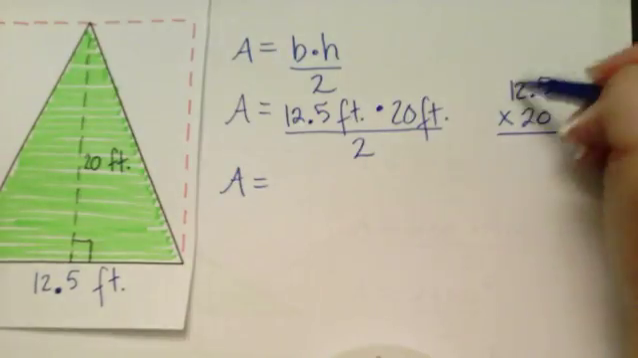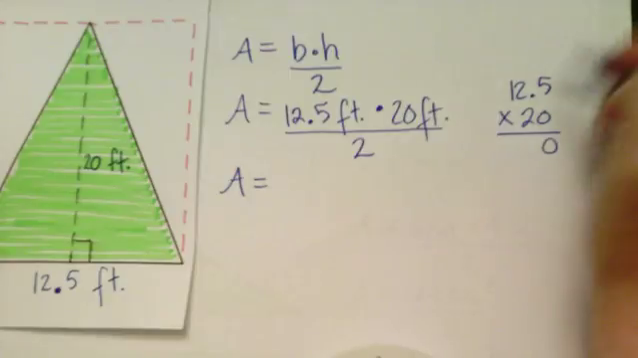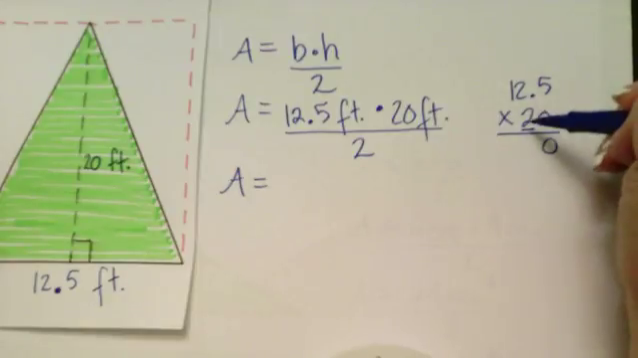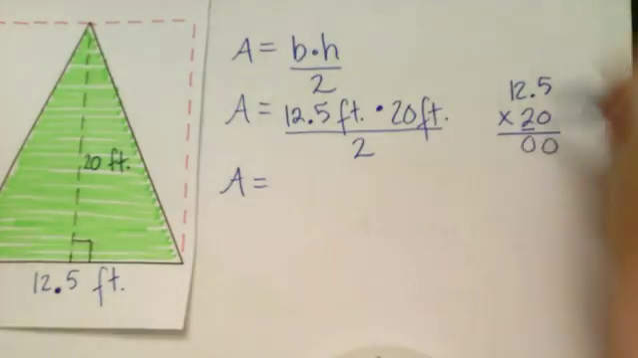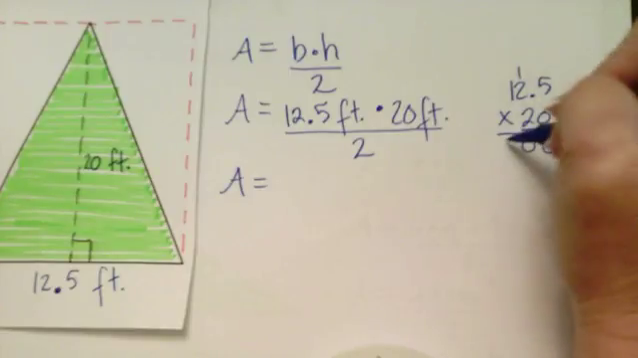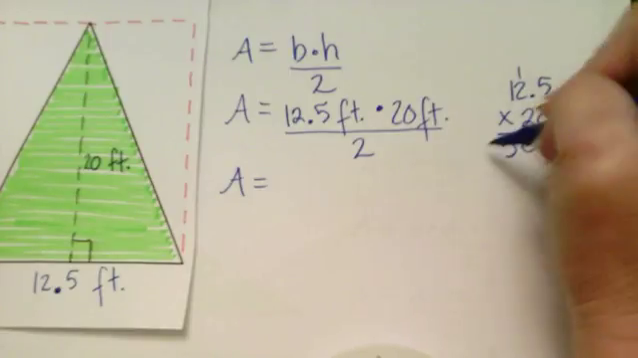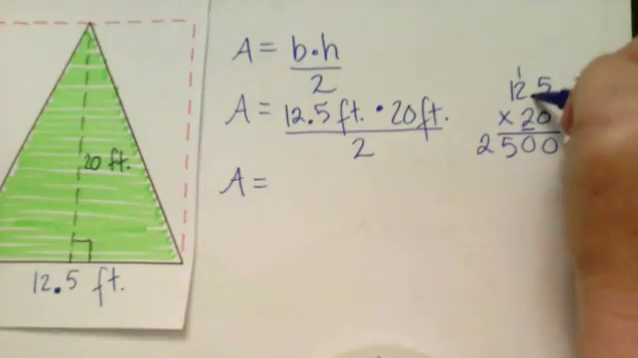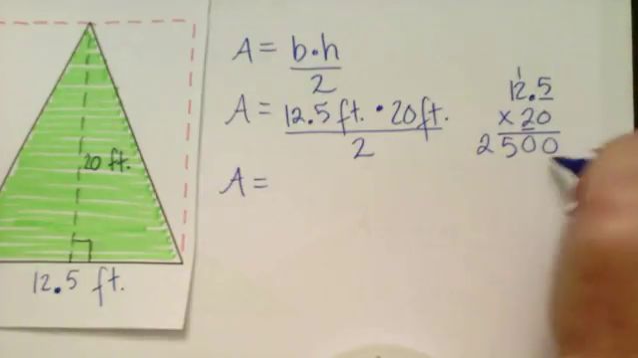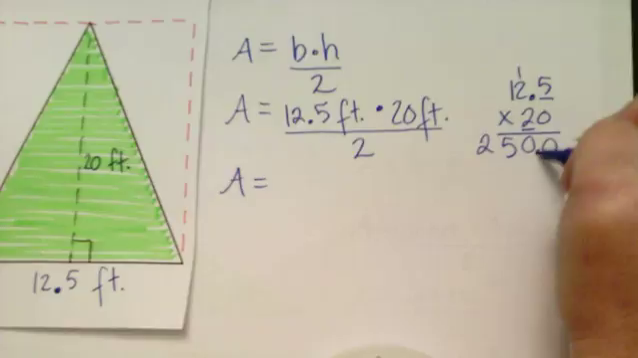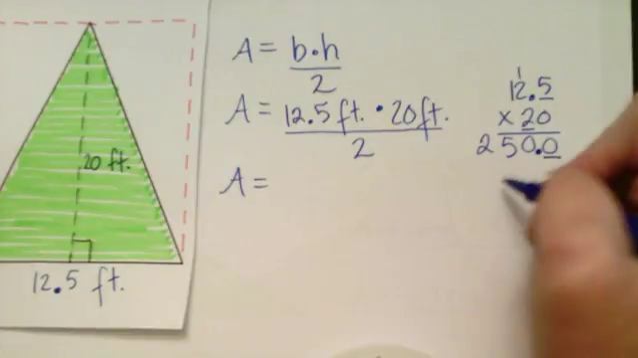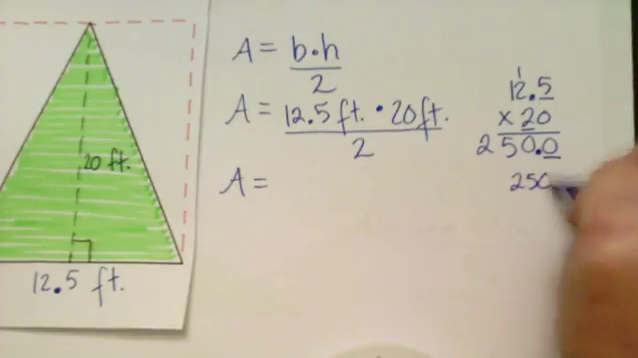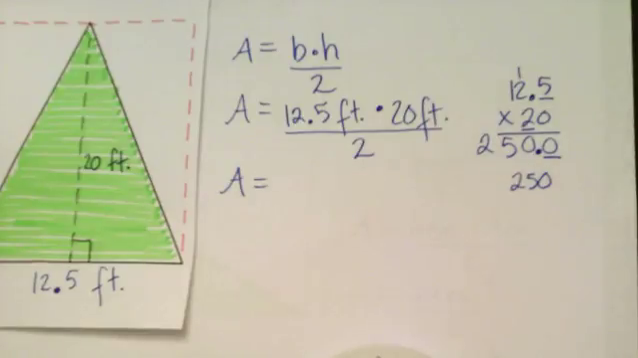So 0 times all of that is 0, and now I'm here looking at the 2. 2 times 5 is 10, 2 times 2 is 4, plus 1 is 5, and 2 times 1 is 2. But since I have this decimal here, I need to make sure that I have one digit after the decimal in my answer. So I can get rid of the decimal since there's just a 0 here after it. So we have 250